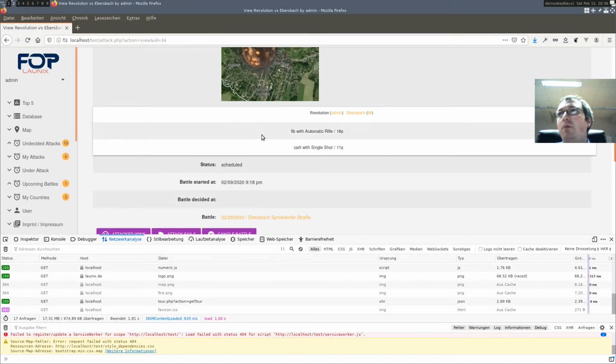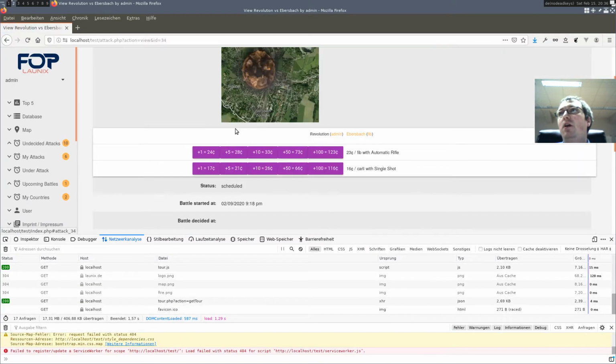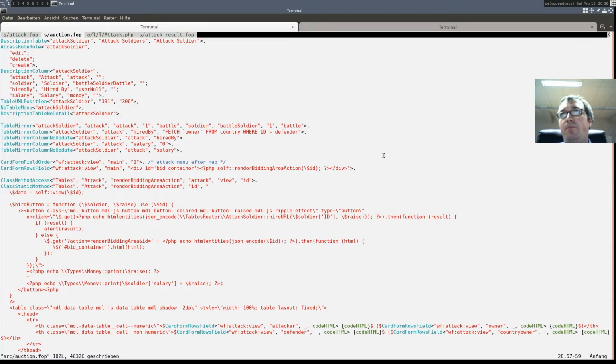The problem is now the admin is seeing the whole thing in an outdated fashion. So if I click on refresh, I will see, oh, my bid has been taken away. So what do we have to do? We have to somehow repeatedly refresh our bidding area.